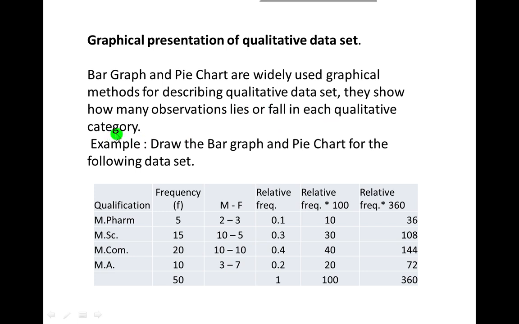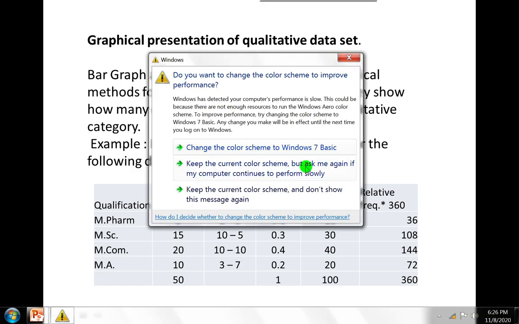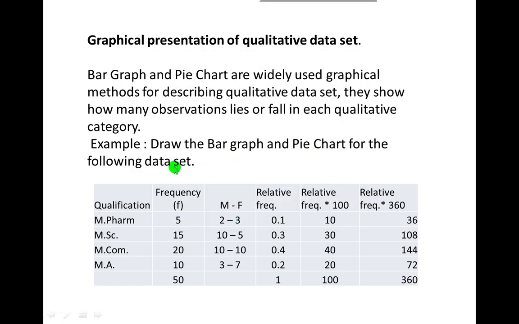Each qualitative category. For example, this is the data of a qualitative variable. Draw the bar graph and pie chart for the following data set. Qualification, you know that this is a qualitative variable. There are four categories. Suppose you collect the data of master level education, suppose there are four different categories of the variable: